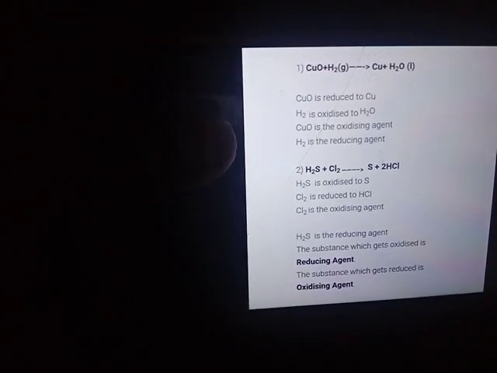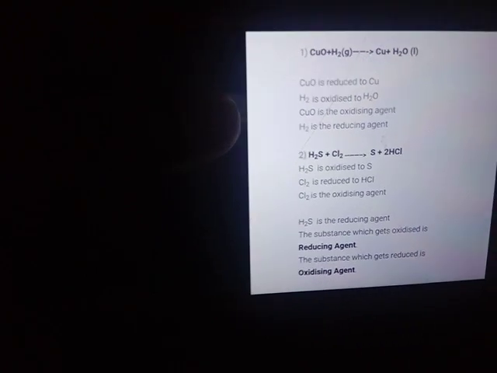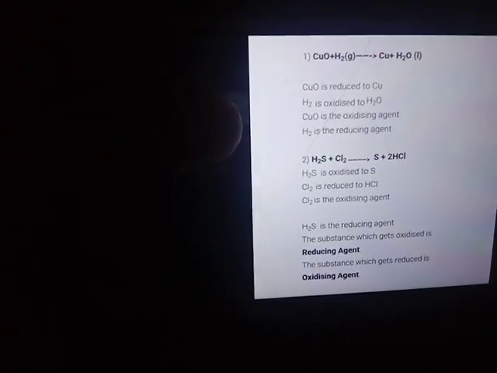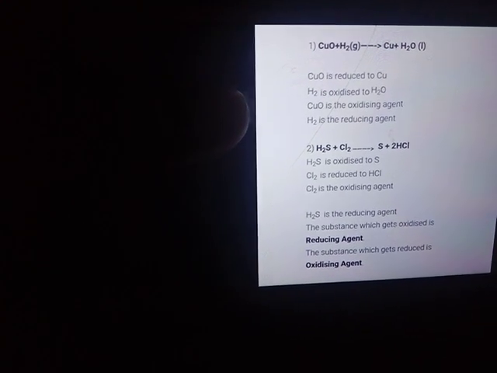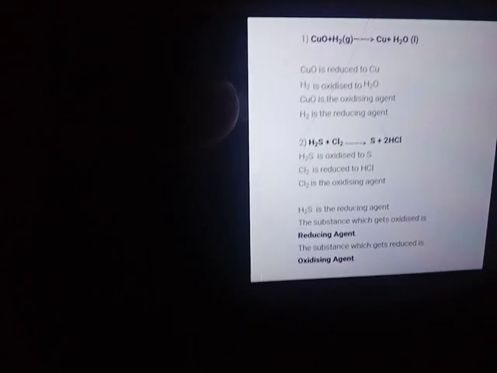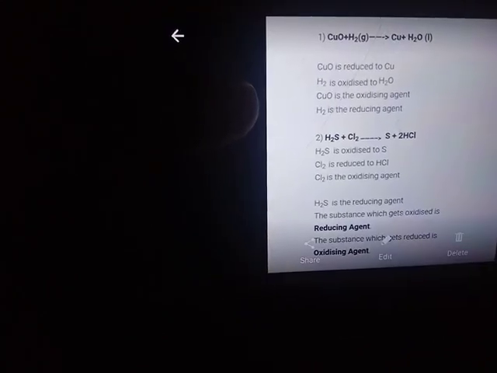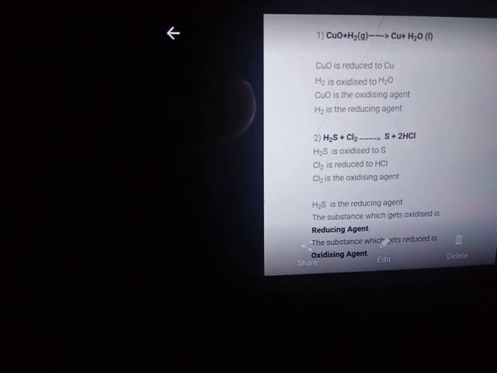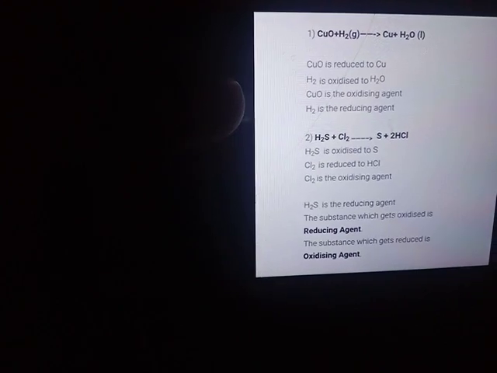Now what is the oxidizing agent here? CuO, because that is reduced to Cu. That is the agent, so it is the oxidizing agent. And H2 is the reducing agent. The substance which gets oxidized is the reducing agent. So H2 is oxidized here, so that is the reducing agent. Next one is